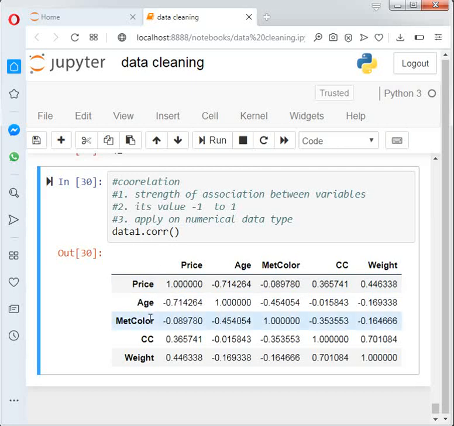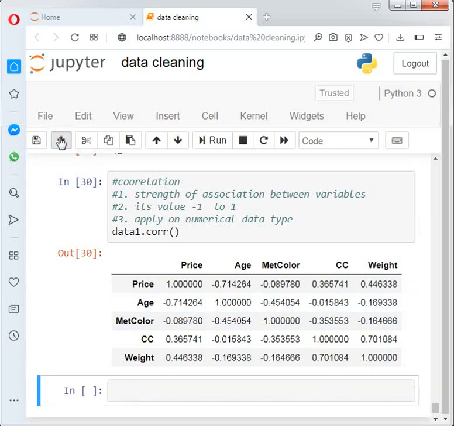By using data1, we can find the correlation of the whole data frame, but you can also find the relation between some fields only. Restricting to some fields, in data1 we take fields like price and CC.